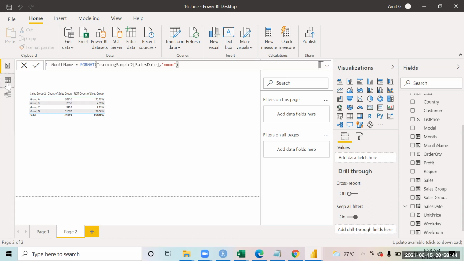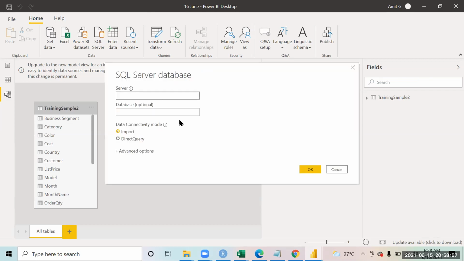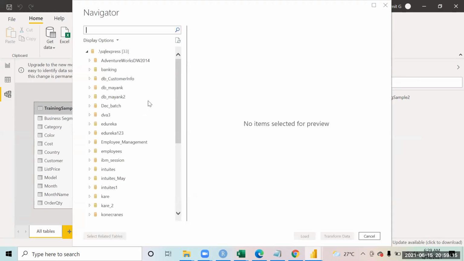For example, right now I have one single data set coming from Excel. If I had other data to pick from SQL Server, I would fetch it and that table would be visible here. Nothing changes. I can create a relationship between them if I think there is one. Right now I don't have related data in another database, but the same steps apply. Irrespective of the source, once the data is in Power BI, you can create a relationship between them.